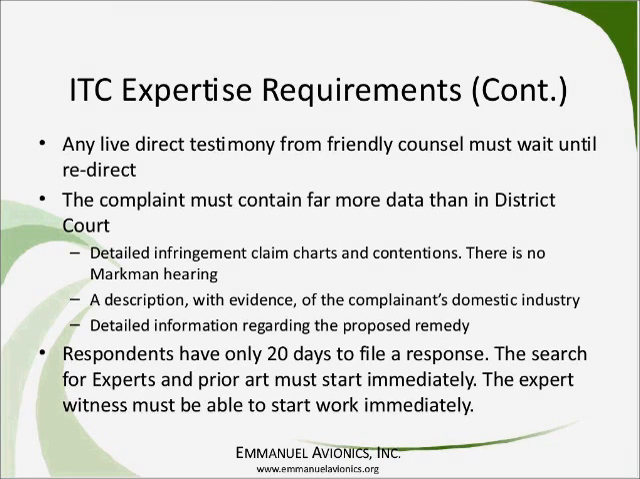The complaint must contain far more data than in district court. You need detailed infringement claim charts and contentions before even filing suit. There is no Markman hearing. So if you're filing an ITC matter, all of the claim construction has to be done before you even file it. Then you need a description with evidence of the complainant's domestic industry, which is not required by district courts. And you also need detailed information regarding the proposed remedy. It's no good asking the court to provide such remedy as it sees fit. You have to have a detailed plan which you submit